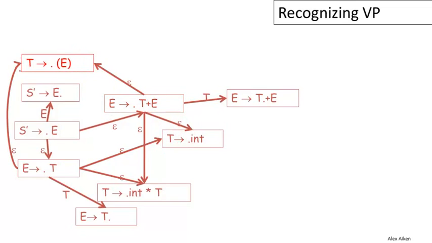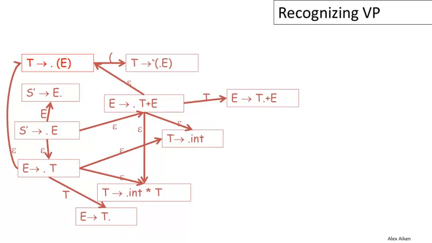Now let's focus on this item here, T goes to dot open paren E close paren. Well, there's only one possible move here. This is only a terminal. It's not a non-terminal, so there's not going to be any possibility of having something derived from open paren. We just have to see the open paren in the input. So there's only one possible transition here, which is that we see the open paren on the stack,